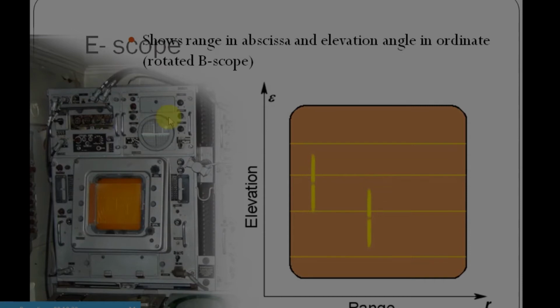Then there is the E-scope display. The E-scope display is only about the elevation, how the elevation comes down. This is again a display used in submarines. On the upper side you can see the A scope and J scope. When the submarine goes into deep water, this radar will tell them how their altimeter is going.